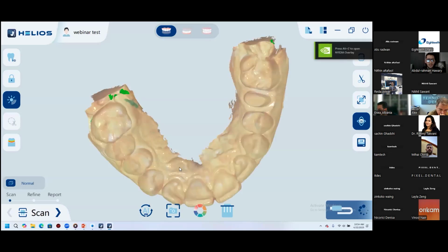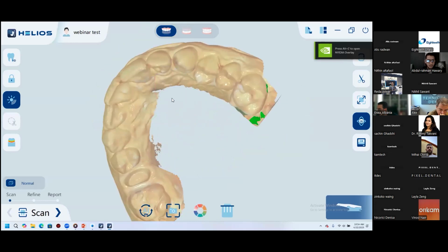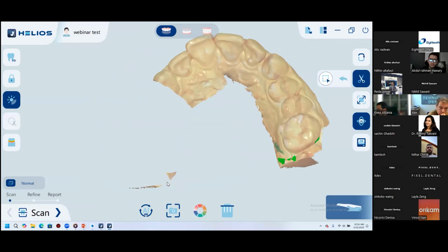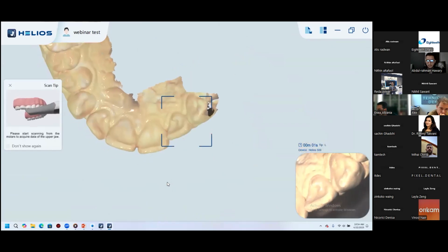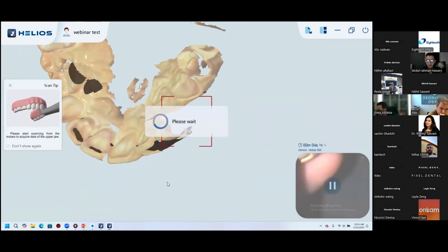I'll be able to edit anything. So for example, this preparation area, I'll have to edit this area. So I'll use the cut tool. I'll eliminate the area that I want to re-edit, and I'll go ahead and rescan it. So actually, because my cutting